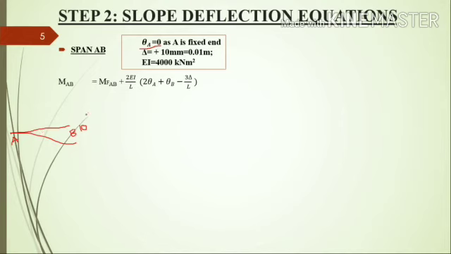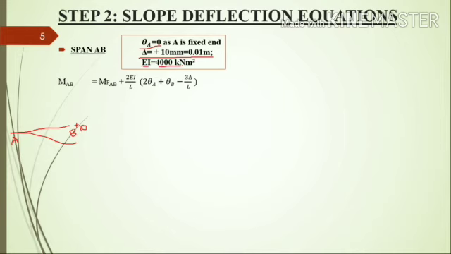In the first video we already discussed the sign conventions. So if the right hand side support is below the left hand side support, delta is taken as plus 10 mm. Here the right hand side is B and the left hand side is A. So B is below support A. Therefore the value of delta is plus 10 mm. The support settlement of 10 mm is converted into meter, therefore 0.01 meter. Also EI is given as 4000 kN meter square.